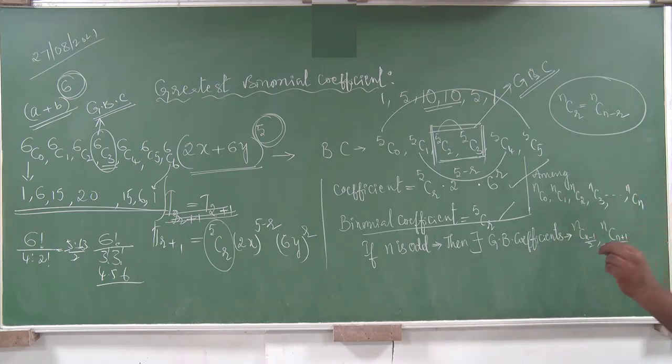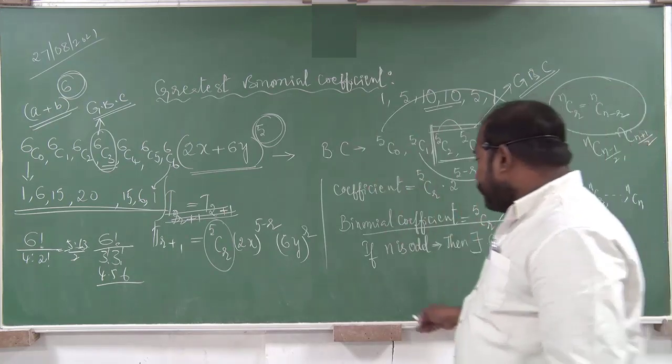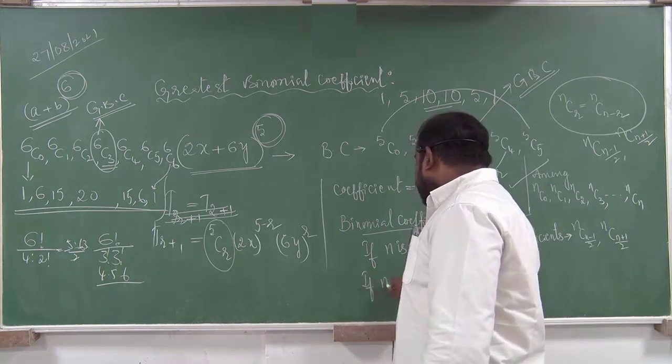What are those two values? Those two values are given by nC(n-1)/2, nC(n+1)/2. These are the values. Next, if n is even,